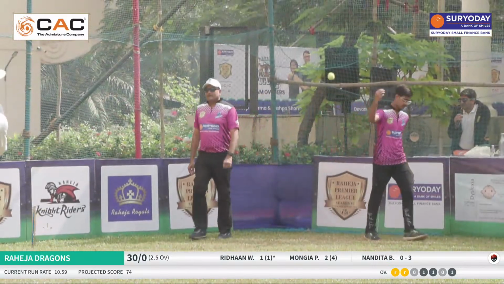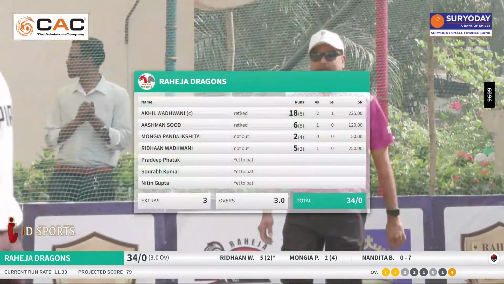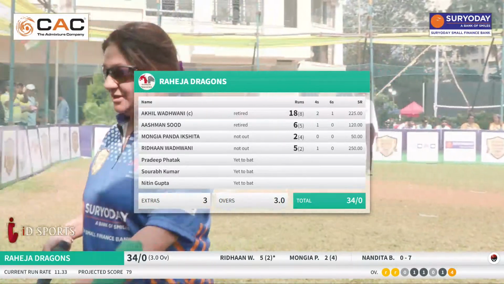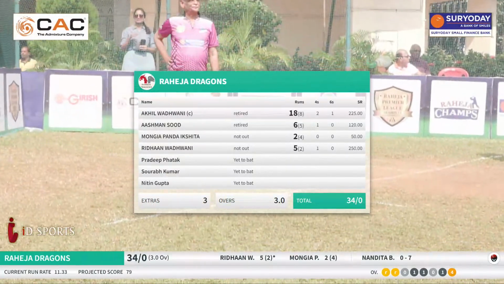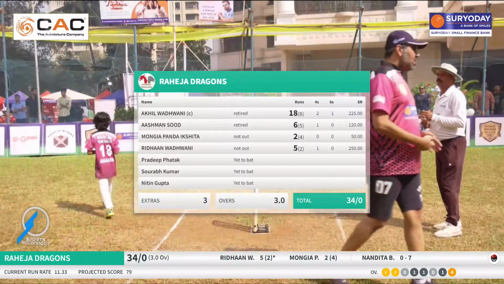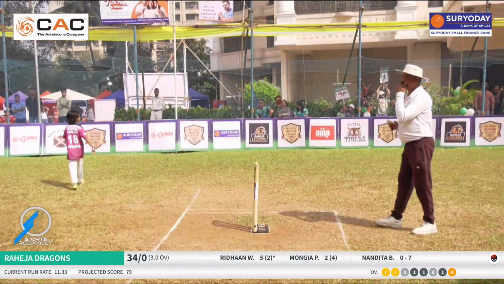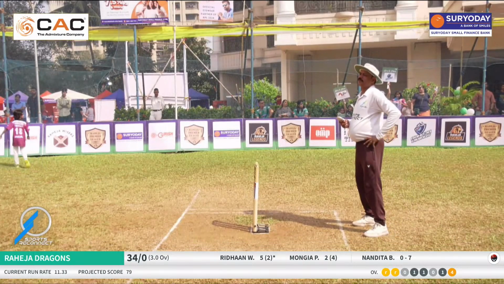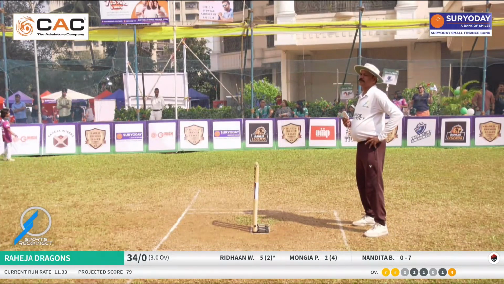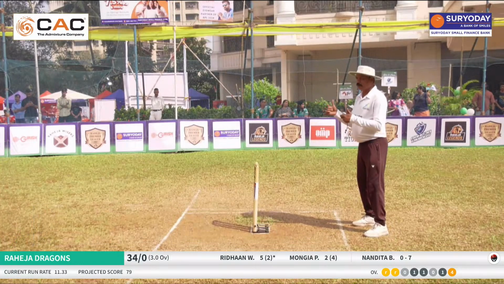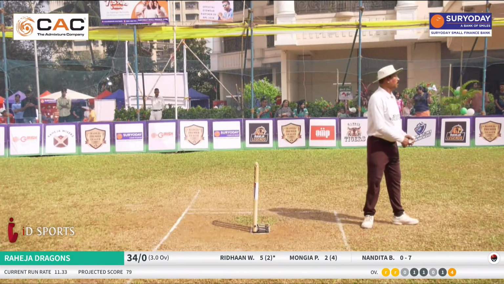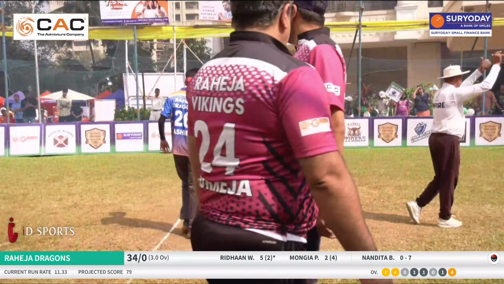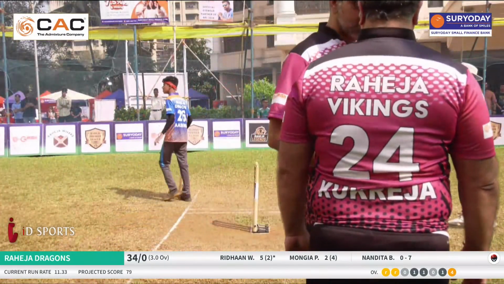And that's a fantastic shot, a wonderful shot by Ridhan. That was a 4 by Ridhan. It was lovely, a quantum 4. I think Ridhan watched it carefully that Sid was ahead and timed it quite well to make full use of the opportunity. Dragons go to 34 at the end of the 3rd over, and now we have the twist, the super over, the challenge over. Challenge run, 6 runs, is what Akhil has said.